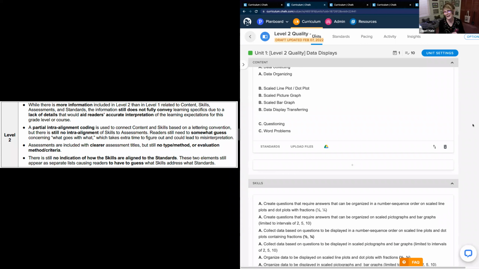The other piece is what I call a partial intra-alignment happening. They've used ABC. Now, there are some consultants out there who actually don't use ABCs, and there's nothing wrong with it. They use the bullets and they color them. They'll color different sections different colors. Nothing wrong with that. My problem, for my style, is blue means new.